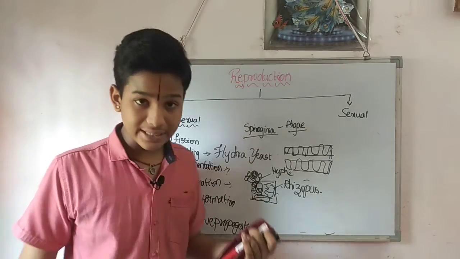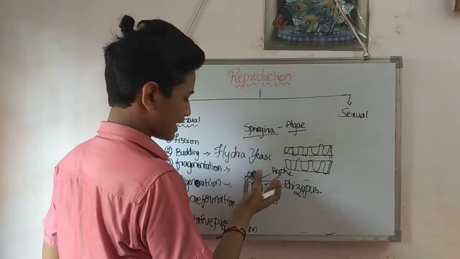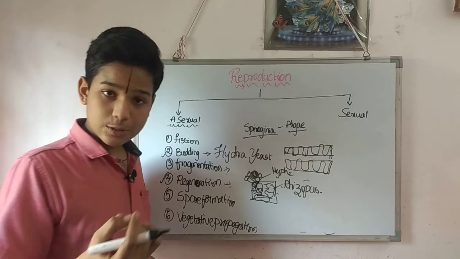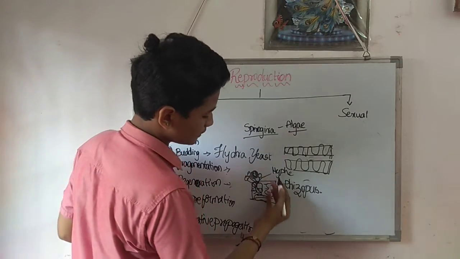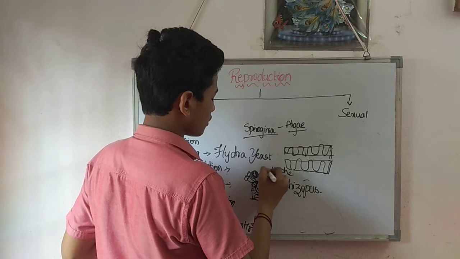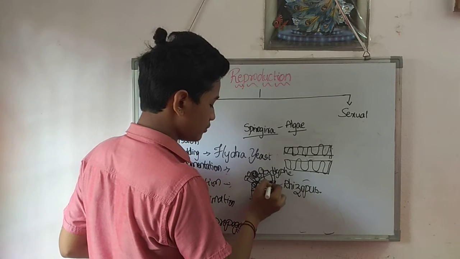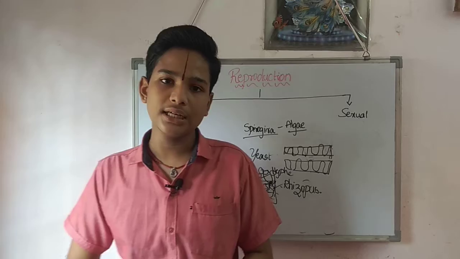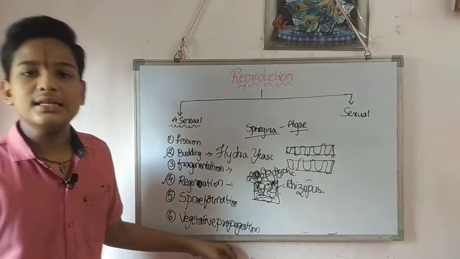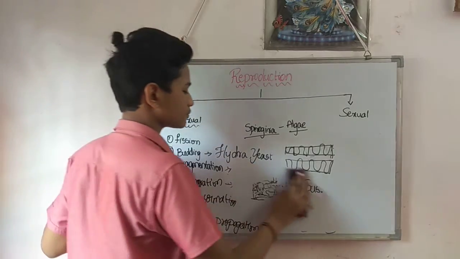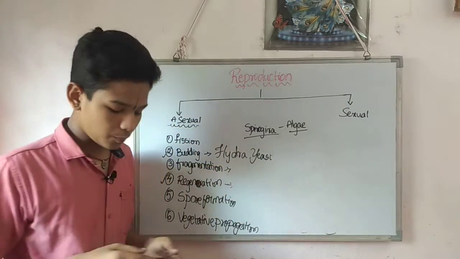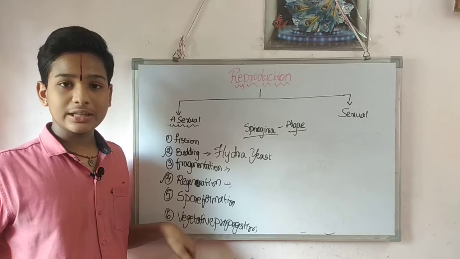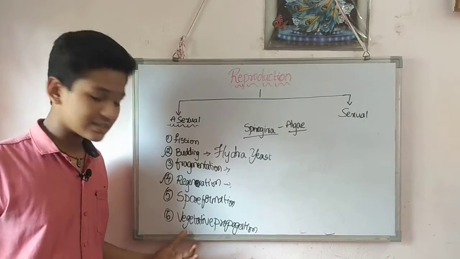After the spores are fully developed, this gets blasted. This sporangium gets blasted, and the spores come out to the atmosphere and go to another place on the bread and develop there into new Rhizopus. Okay, it's clear. We already discussed this in fungi. Next and the last one is vegetative propagation. In reproduction, vegetative means